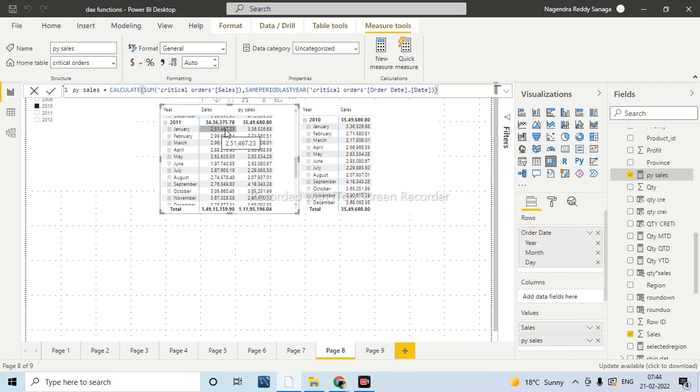For this, if you want to see the information from 2010, 336526. Now you can see the same value here itself. This is how the same period last year function will give the result. Understood? Yes.